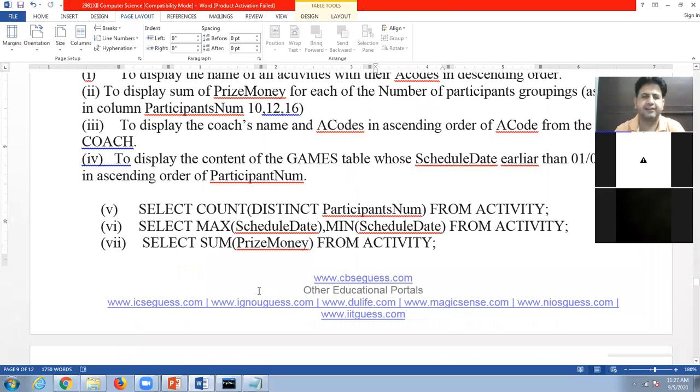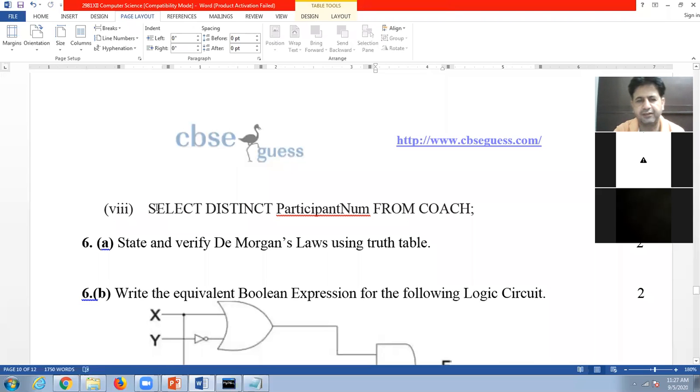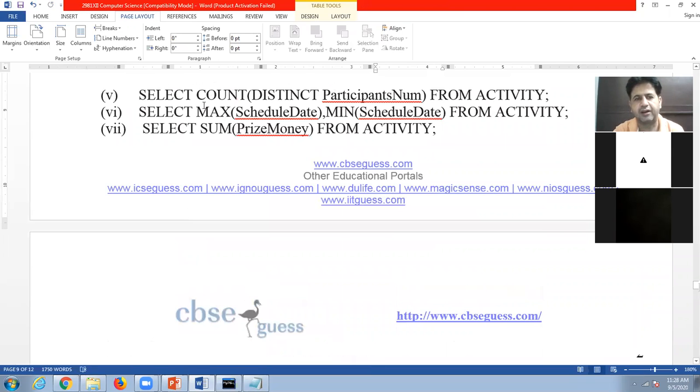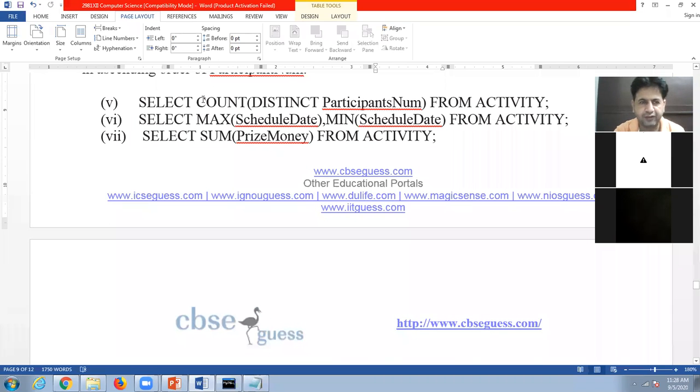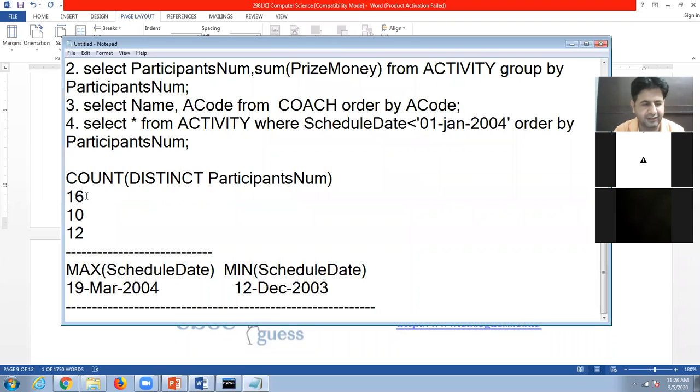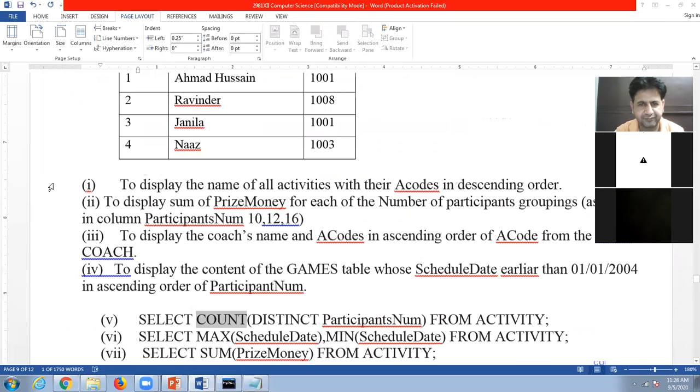select distinct participant num from coach. So the result is, I think there is a bit of modification, I am modifying for first question number 5. They count the number. Their counting will be in first question, 16 is a single time, that is 1, 10 is 2 times, and I think 12 is also 2 times. I'm checking that. Yes, sir.